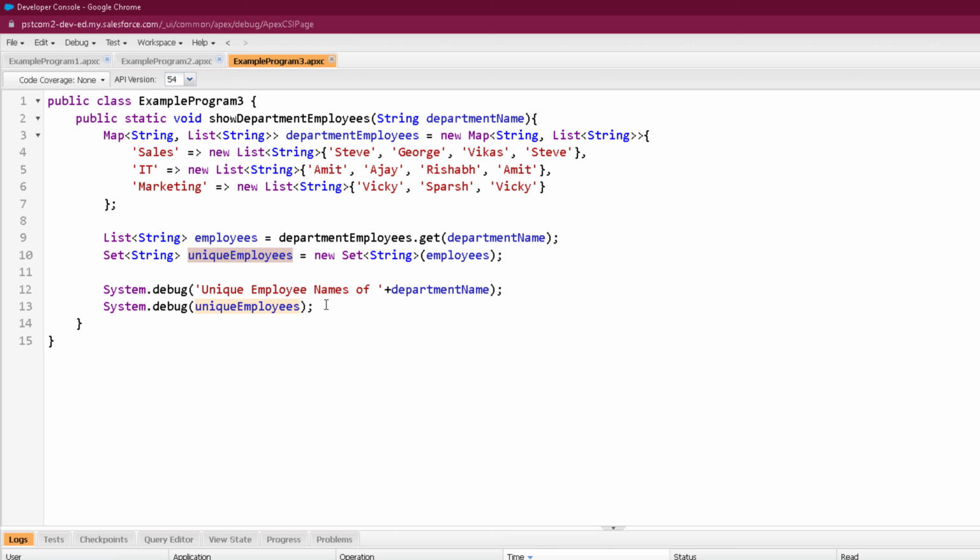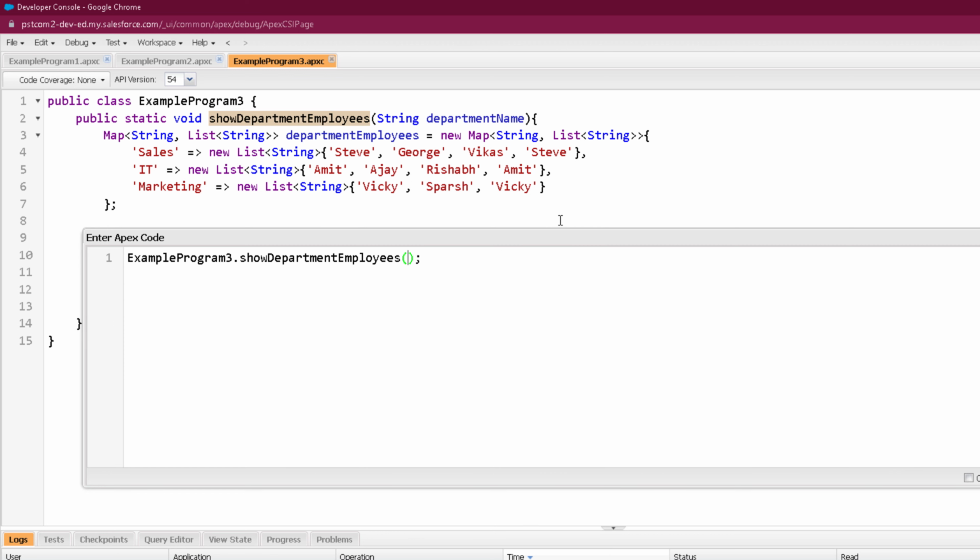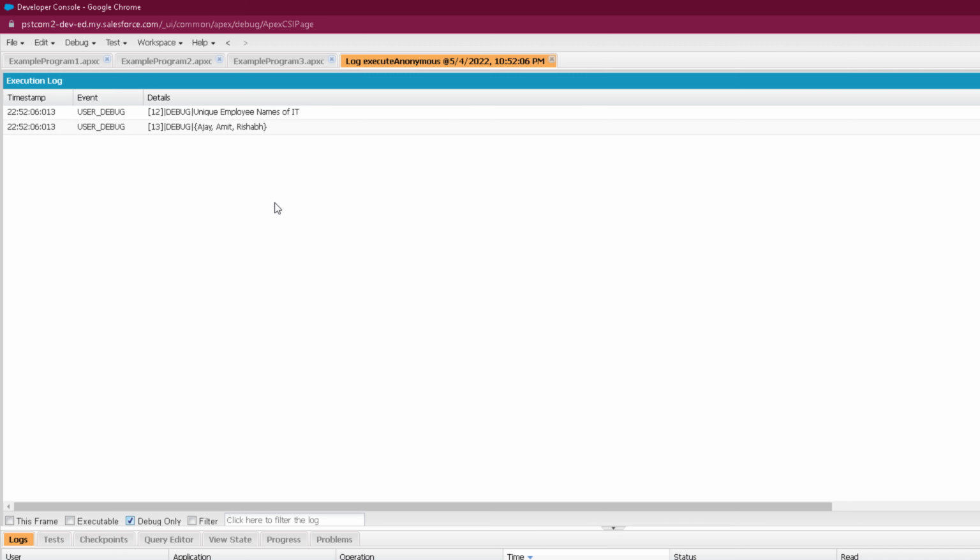Now in the last two lines, I just printed that unique employee names of the passed department name are, and then printed this set. So let's run this program. Now when I call this show department employees, I need to pass a string which is nothing but the department name, and let's fetch the value from IT department. Click on execute, and as you can see, it's printing the unique employee names of IT, which is Ajay, Amit,